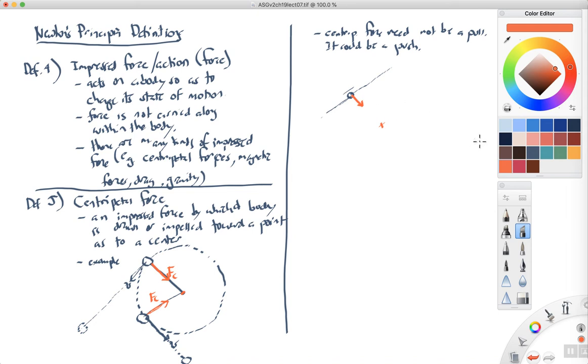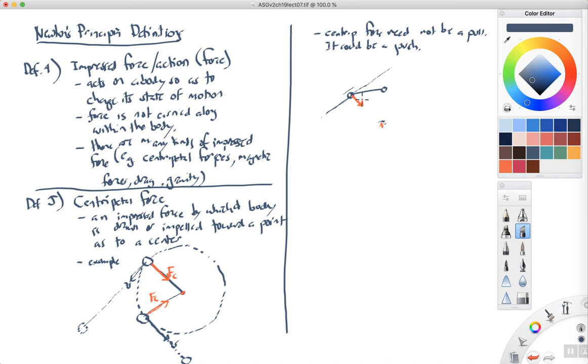Well, what happens is that this hockey puck then deflects, and now instead of going in this direction, it goes in this direction, okay? So its trajectory was from here to here. As a result of that force, this is a centripetal force because it's acting toward this point right here, and now the hockey puck goes in that direction.